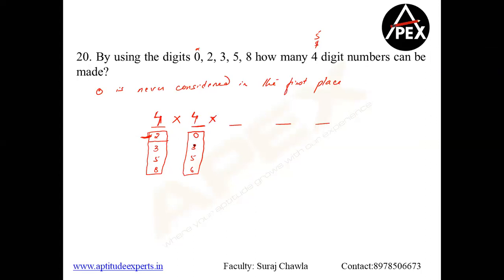Clear? Now let me assume I'm blocking, let's say 3. Now it's a very simple procedure. If you're blocked at 3, then you can have a 0, you can have a 5, and you can have a 6. That means 4 into 3 into 2 into 1. So what are the total number of cases? If it's 5-digit numbers, it is 96. Now if I give you a 4-digit number, please understand you stop here only. Even for 4-digit numbers, the answer is going to be 96 only. Is this point pretty clear when 0 is involved? The only thing that we have to take into consideration is 0 should not be there in the first place.